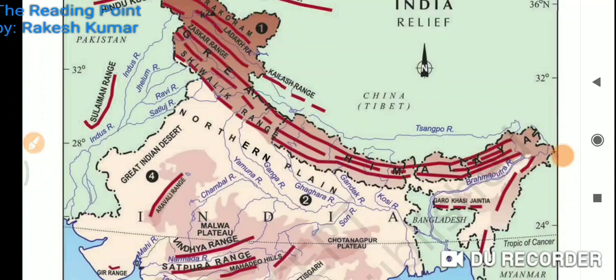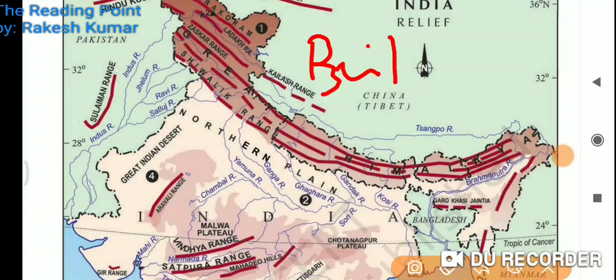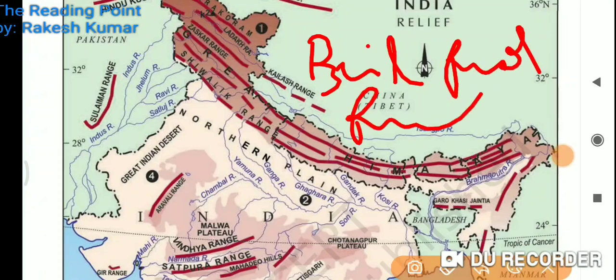The northern plains have many advantages. Some are the flat surface for building roads and railways. These regions are also responsible for the high density of population in the northern plains. So flat surfaces are found here, and it is very easy to build buildings, roads, railways, and many more things.